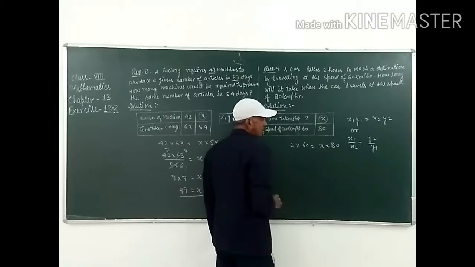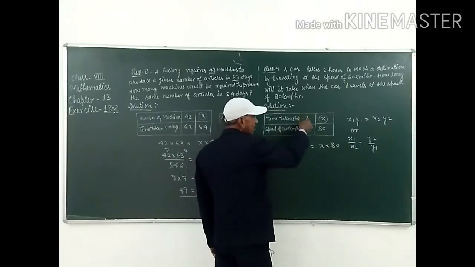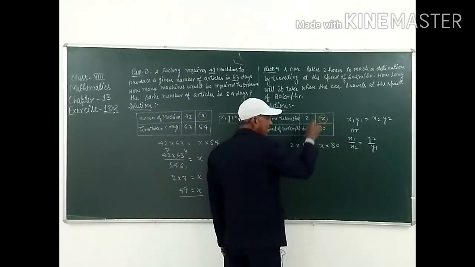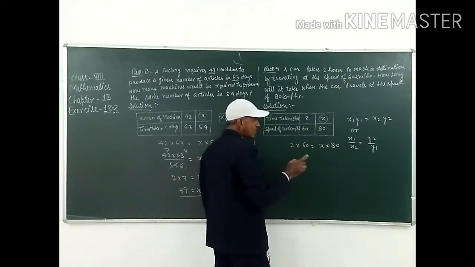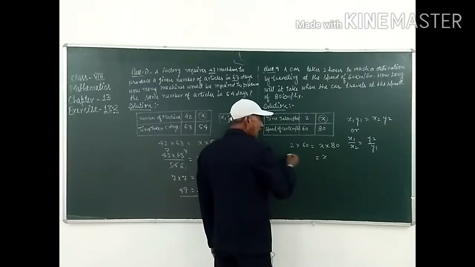Speed is increasing here, students. When the speed was 60 km per hour, it takes 2 hours. When speed increases, it will take less time. Clear, students? So x is equal to, transposing 80 to the left hand side,